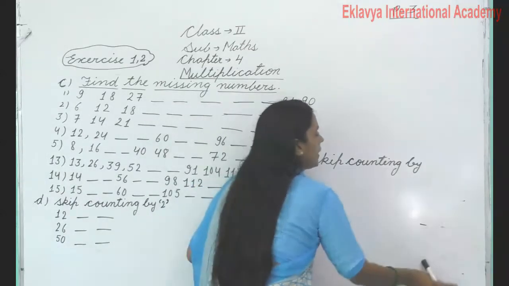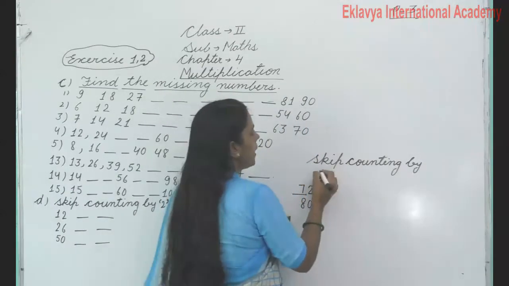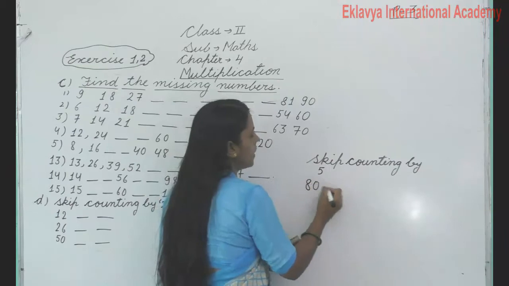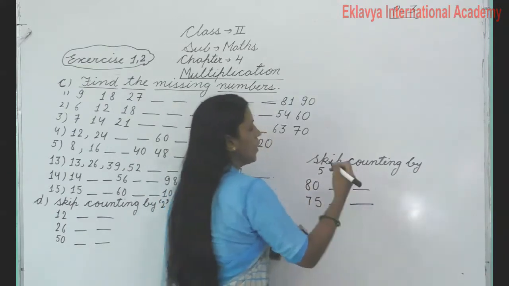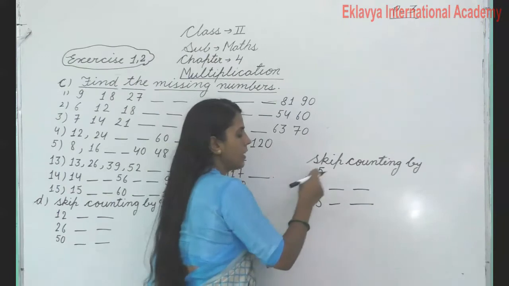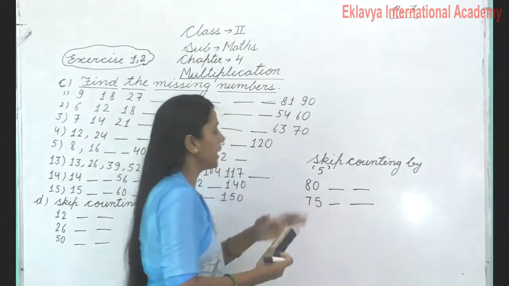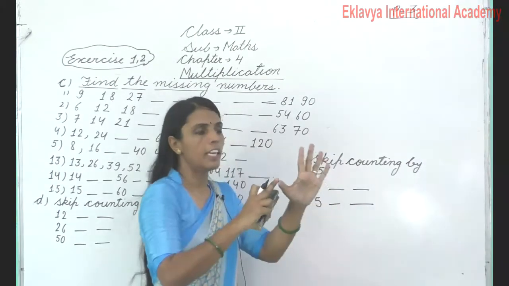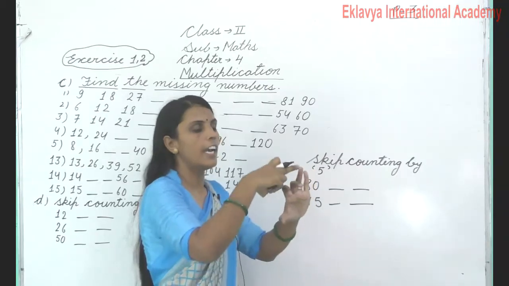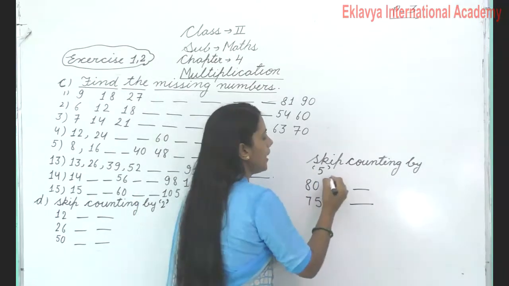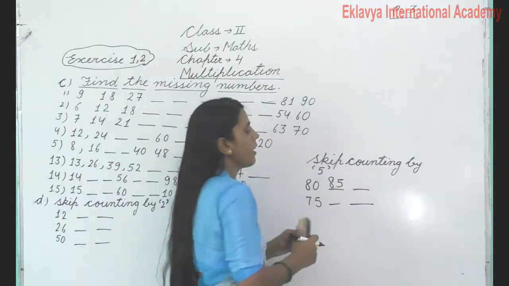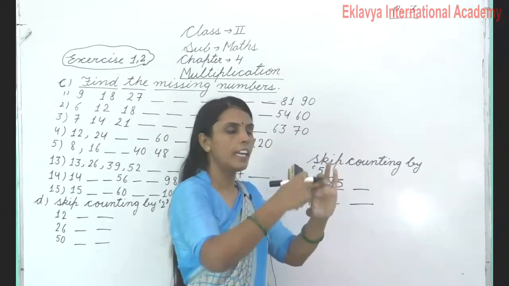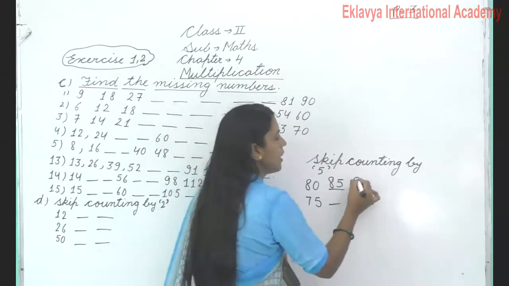Like this, I have taken skip counting by 5. Okay, and listen, I have given you a number. Yes, listen. This is your 80 and skip counting by 5 है आपकी. तो like this we will open 5 fingers. You have the number 80. After 80 comes 81, 82, 83, 84, 85. We will put 85 here. Okay. And after 85 we will again count 5 numbers. Listen, 85, 86, 87, 88, 89, 90. 90 is your number. Okay.